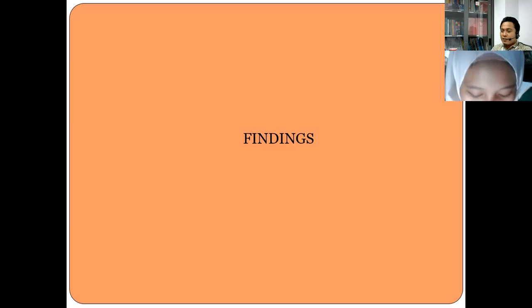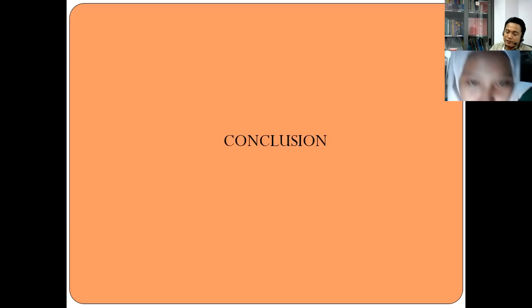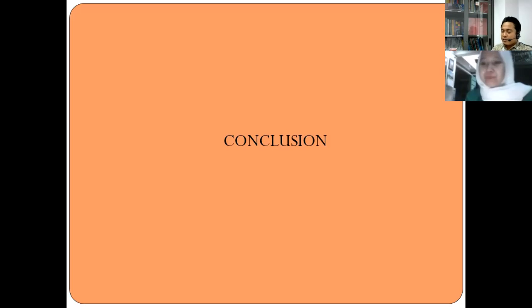Okay, sir. Okay, and then last one, the conclusion. Your conclusion also, just make it more simple, I guess. The conclusion, based on the data finding, based on the analysis, and then also based on data interpretation, it can be concluded that the use of story phase here can improve student reading comprehension, using narrative text. Do you understand? Yes. Okay, thank you.